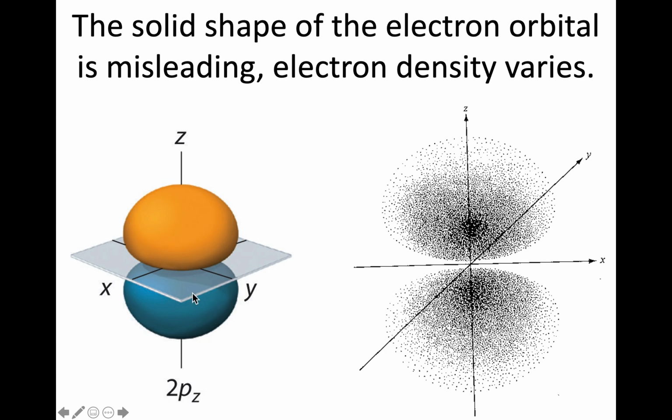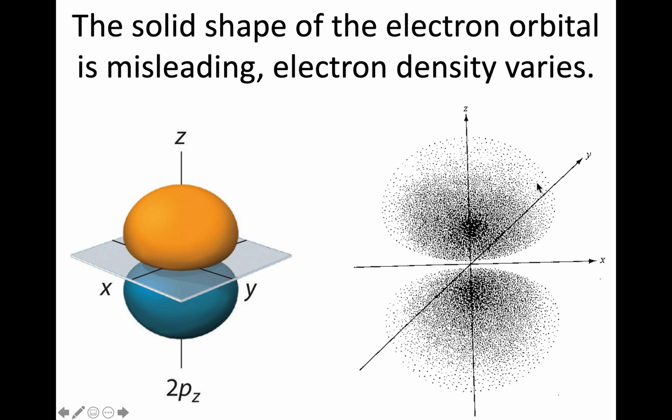It's in these shapes. There's this plane here. This is called a nodal plane. That means that there is nothing there. So it's an empty spot. And so basically either here are where we're going to find the electrons. However, this could be a little misleading because this is a solid shape, but the probability is not uniform throughout